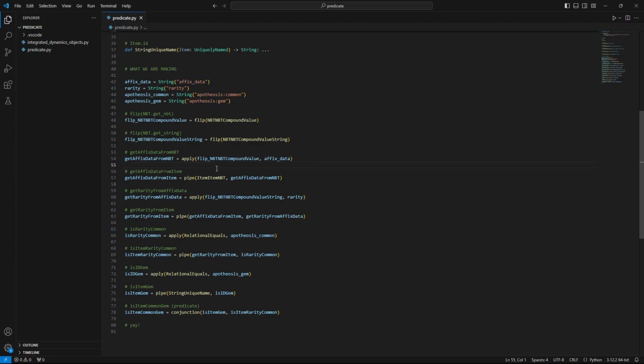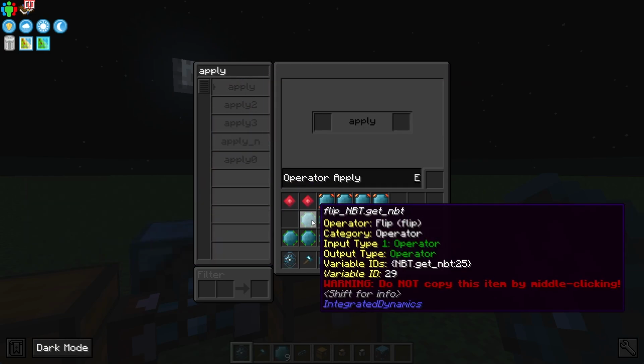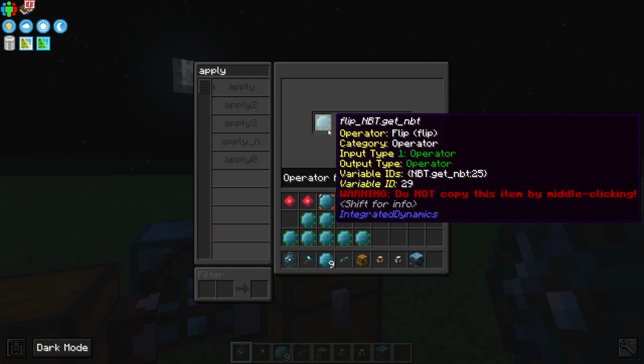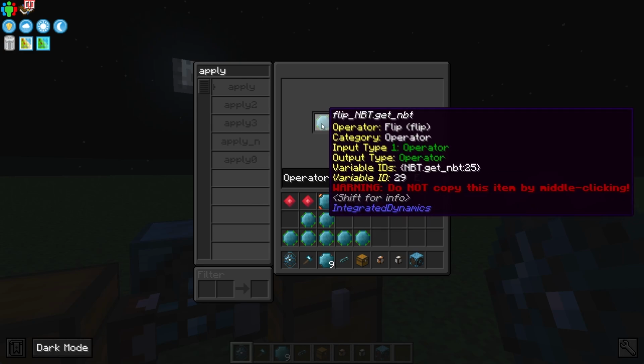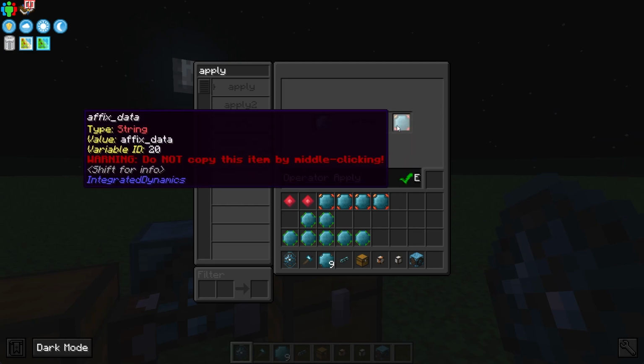So the first thing we have to do is fill out, as I've already explained, the nbt compound value, also known as get nbt, with the affix data that we already have, because it's going to be affix data every time. No matter what the item is, we always want to look at its affix data nbt. So in order to do that, we search for apply here. We put in our function that we want to fill out. And remember, the first one, since this is flipped, is going to be our string. So we're going to put the string we want to fill it out with, which is affix data, into the